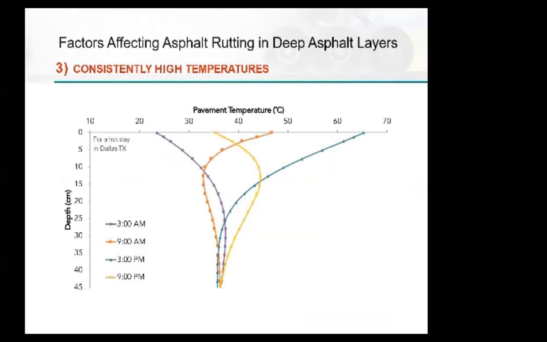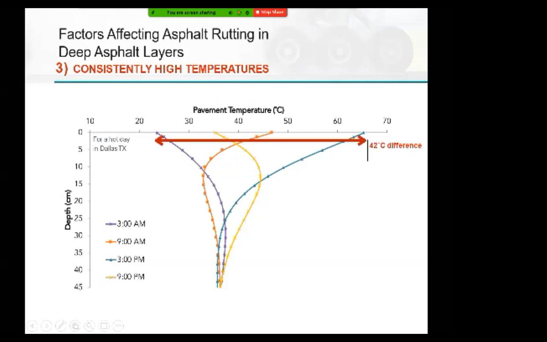Let's look at temperatures. I took the temperature of Dallas, Texas. It's similar to the temperature of where the airports are. At the surface, temperature goes from a low at 3 a.m. of about 22 all the way at 3 p.m. to about 65 degrees Celsius. So you have a 42 degrees Celsius difference at the surface. So the hot temperature is reaching 65 C, yeah, but not all the time, because it's going to cool down by 42 degrees Celsius by the time it goes from 3 p.m. to 3 a.m. So the high temperature is felt for only a specific window of time.